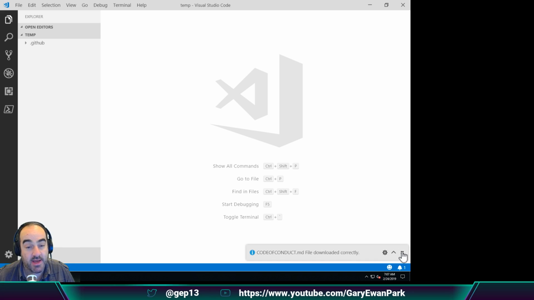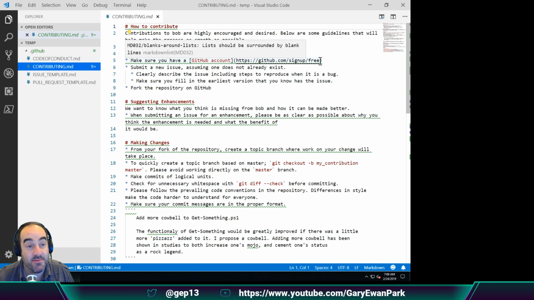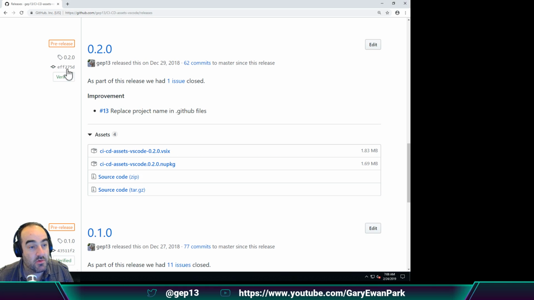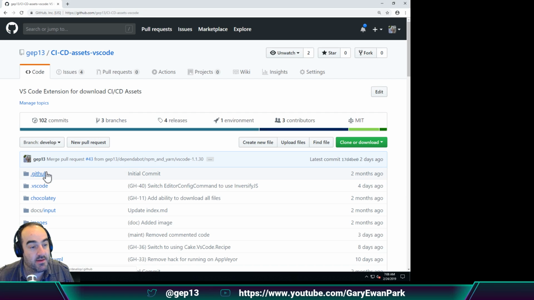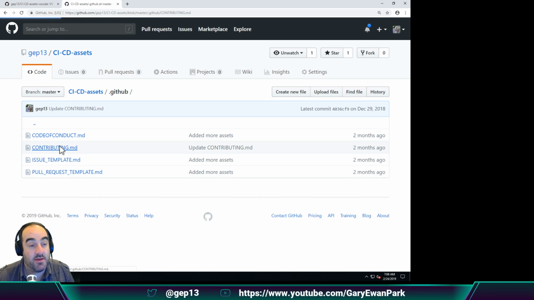But if we go ahead and look at the second file here, which is the contributing.md, in here it will actually replace a placeholder value with the value that you provided. So the way that looks in code, we go up here and have a look at the file that's actually downloaded. That would actually be in the other repository. If I go over here and look at the actual assets folder, what we've got in the contributing.md